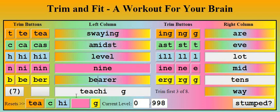And what this does is it shows us we're leaving some empty space here, indicating that there's a letter or letters to go in between here. And also these reset buttons, you can look at here and you can see the word being formed in these reset buttons. Now what these do,